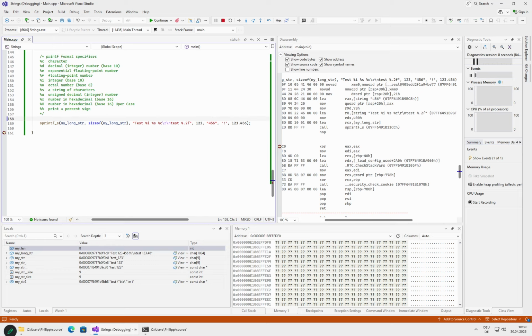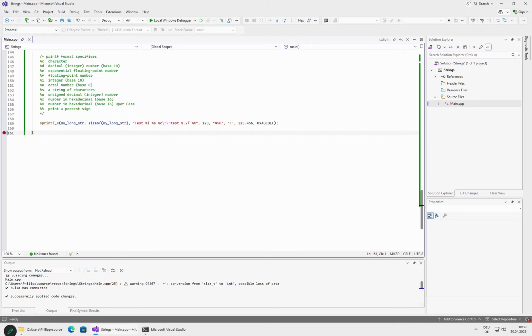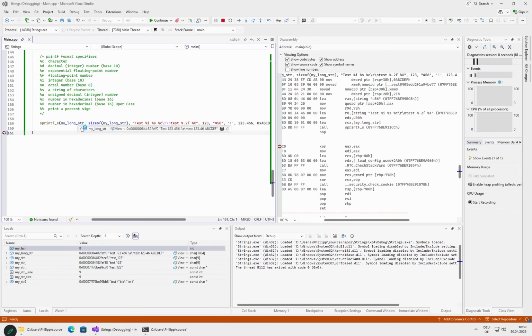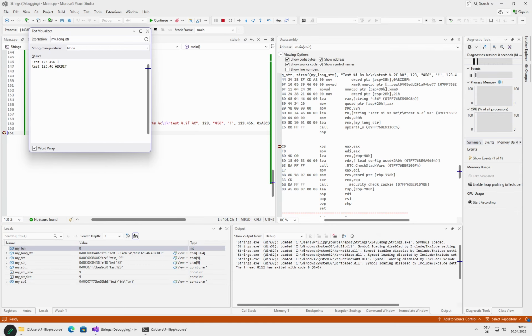Okay, so what else can we do? We could print some hexadecimal numbers. So let's do this. 0x a b c d e f, and so we add space %x, and again this will then just add this as a hexadecimal number, but as you have seen here, we don't have the 0x before and we don't have any leading